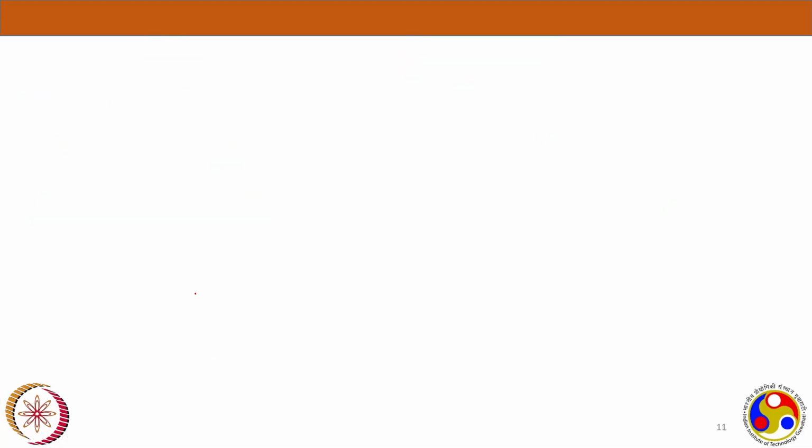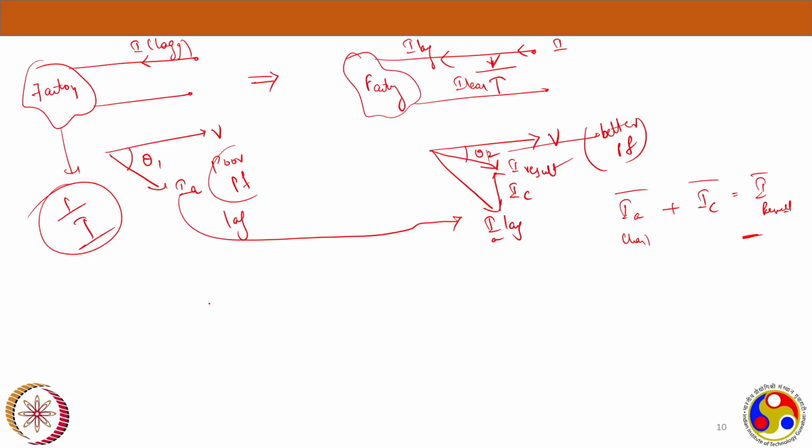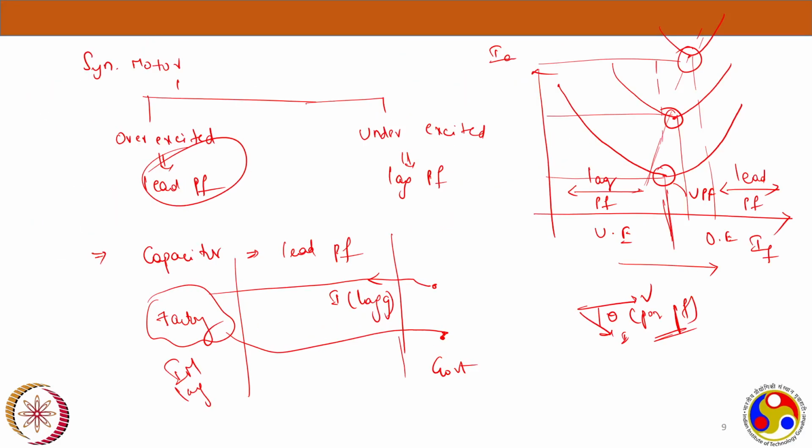So this is the factory, and between this they are connecting a synchronous motor here. Whenever you connect a synchronous motor, we have seen the principle of the synchronous motor. This is the synchronous motor in an overexcited condition, and it will always draw a leading power factor. So whenever you connect a synchronous motor and adjust its field current,